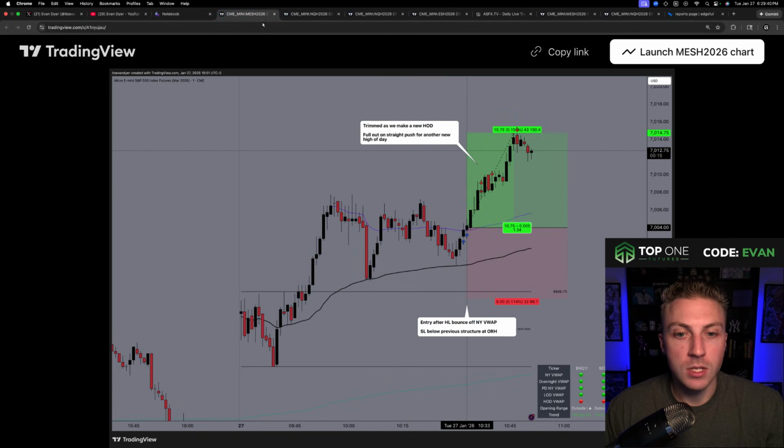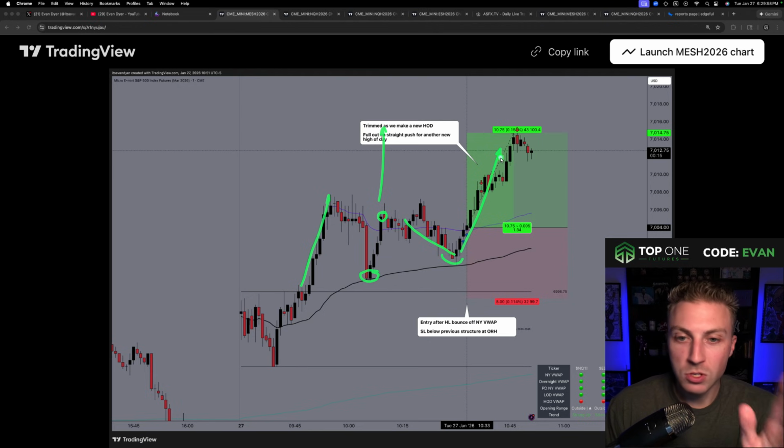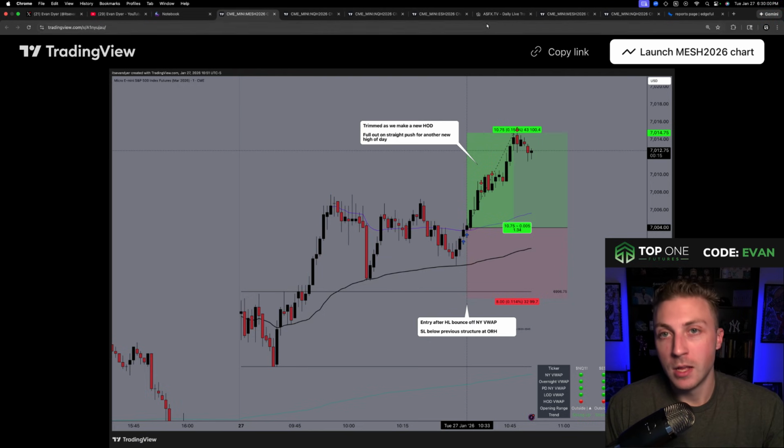It's the same idea we were doing today. I like the longs, but I'm not going to just jump in up here. It pulls back to New York. If you missed that, which we did, I'm not going to just jump in at the top of that big strong move saying, okay, I hope there's more in it, I hope it just keeps going higher. See it slow down a little bit, create a higher low. Okay, now I'll get involved. As soon as I see a higher low off of VWAP, now I'm interested.